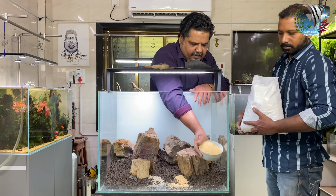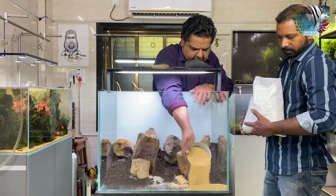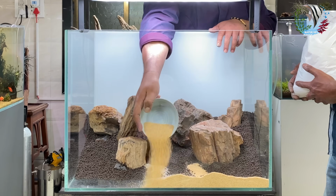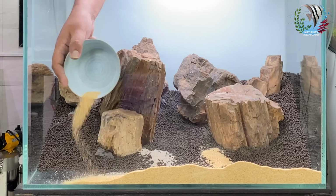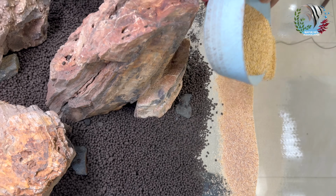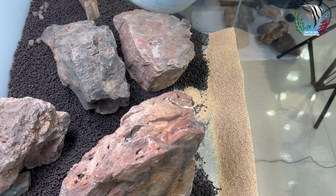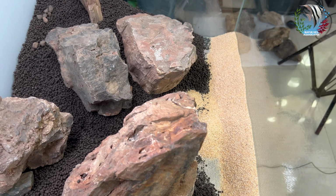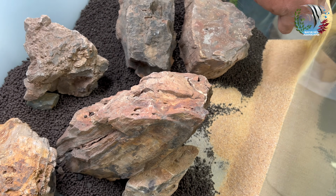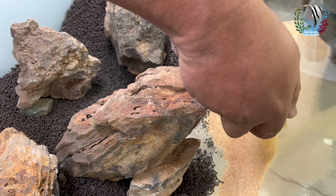So sand, I'm going to start from the front here. See, I'm adding it from the front. Okay, there is a gap here, don't worry about it. I'll show you what needs to be done. Once you add an ample amount of sand in the front,